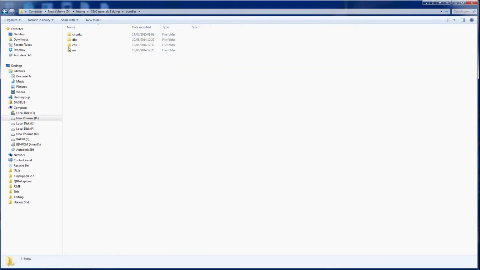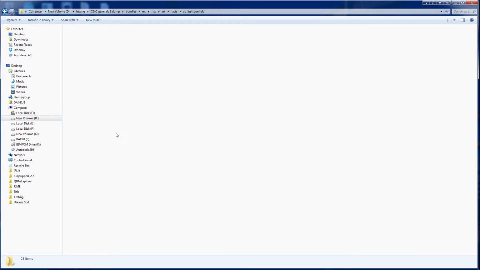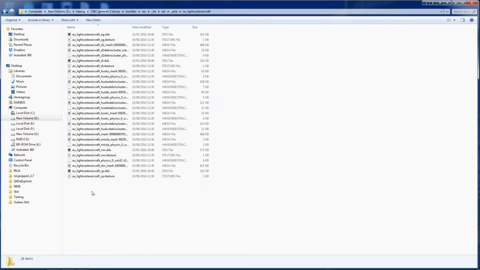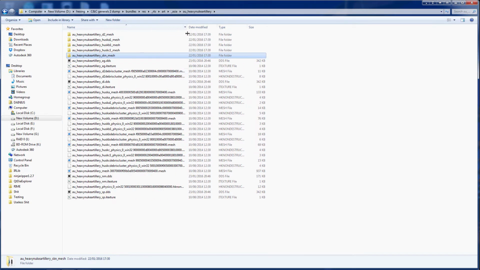Now let's navigate to the mesh files. RTS, art, I'm going to choose Asia. Let's say medium cannon, light gun, helo. Okay, let's choose this one. No, that one. Do we have heavy, nuke, or artillery? Okay, so